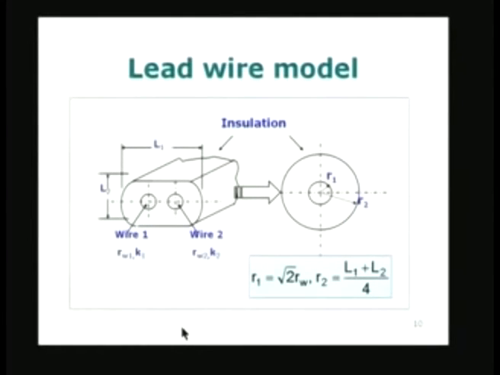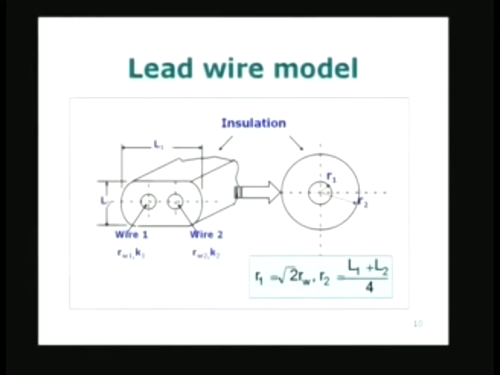So, in order to probe further into the mechanism of heat transfer and also to understand how to calculate, we will propose some way of looking at this whole process. The first one I am going to consider is the conduction error through the wires, and it can be easily modeled, and the model requires two things. One is the modeling of the lead wire, what exactly it means we will see in a moment, and the second one is the process of heat loss or heat transfer through conduction. So, there are two aspects to this problem. One is to model the lead wire, and the second one is to model the heat transfer process.